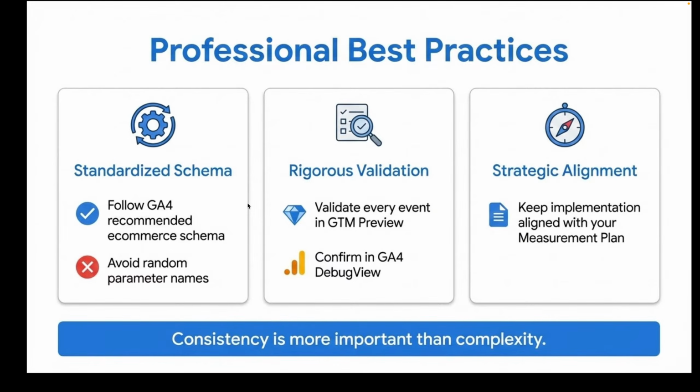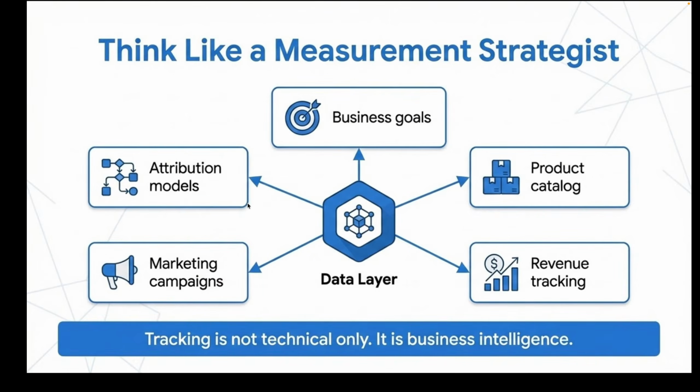As a digital analyst, you have to think of your data layer as, okay, what's the revenue tracking that I will have? What are the product catalogs that the data layer is giving me? Do I have the catalogs that will actually answer the stakeholders' questions in the future? Does the data layer align with the business goals, especially when we talk about revenue or average order value? And does the data layer help me to understand the attribution model being reported by Google Analytics